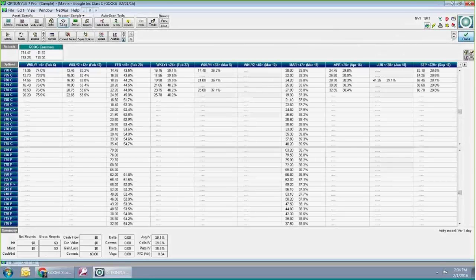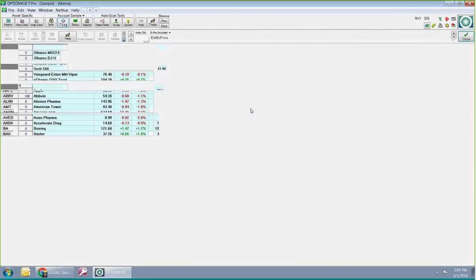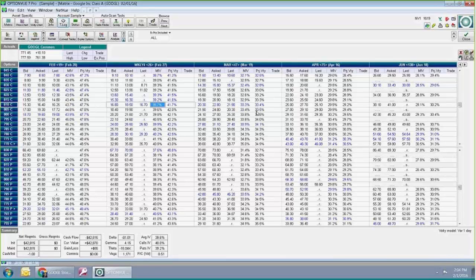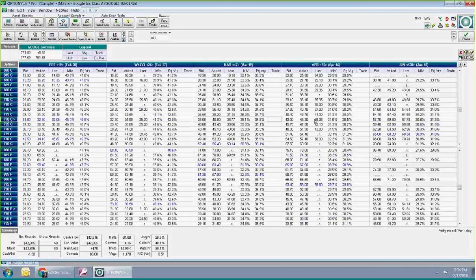Oh, this is the regular Goog, or Class C Goog. I'll go back to A. And you can see my legend, what the MIV is, 43, 41, 33. That drop in volatility is not going to be helping those front 2 months in a straddle.